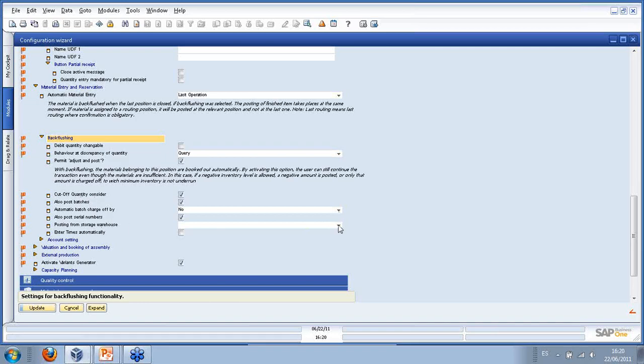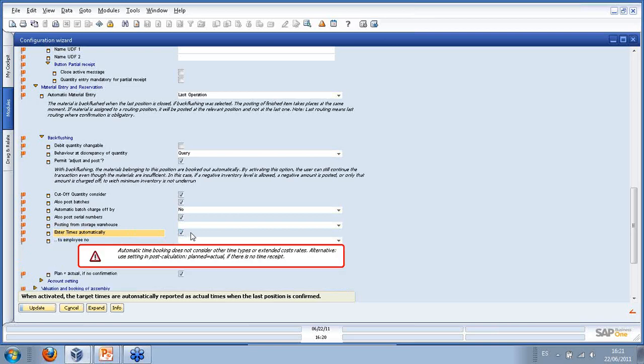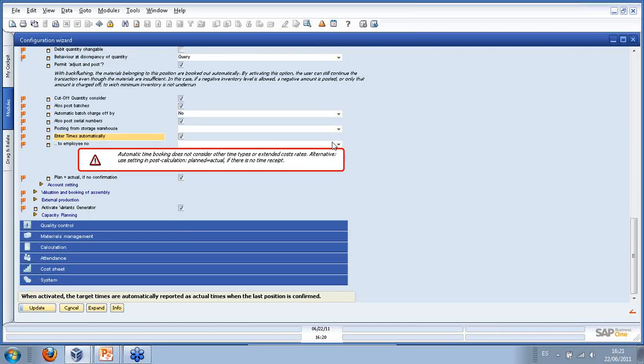If you would like to report or to create a good receipt for this specific item you are producing in one specific warehouse, then you can define it here, okay? Then you need, of course, to set up the warehouse, but you can do it from here. Enter times automatically. I didn't have it marked. This is the reason I didn't get any feedback for the times, okay? Then now I say, okay, in all the times when I do backflushing, put it to Carlos Herrero, for